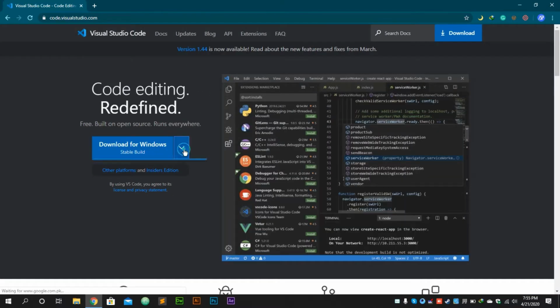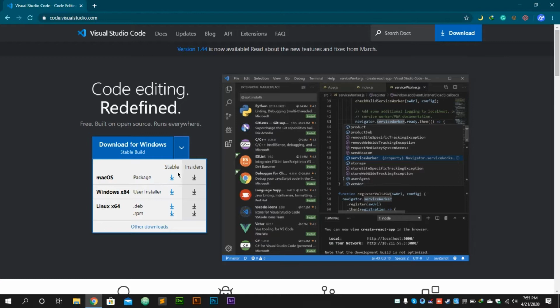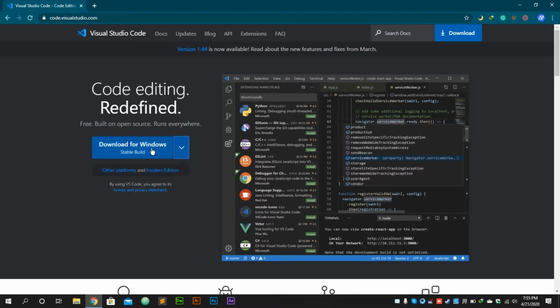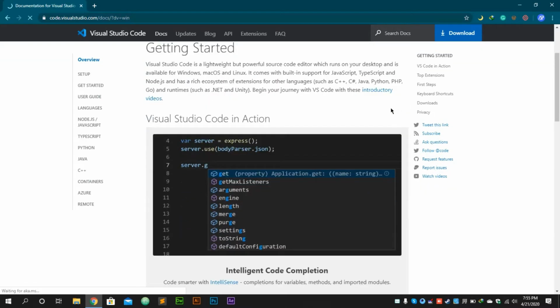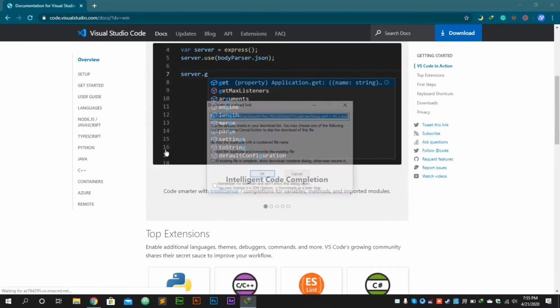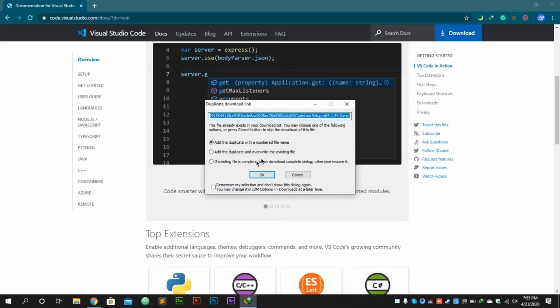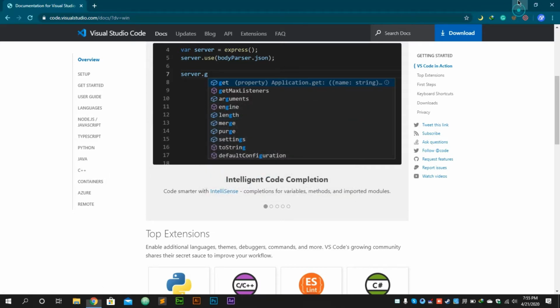If you are using the Mac version, you can download it from there, or the Linux version, you can download it from there. I am downloading the Windows version because I am using Windows. I have already downloaded it, so I am not downloading.